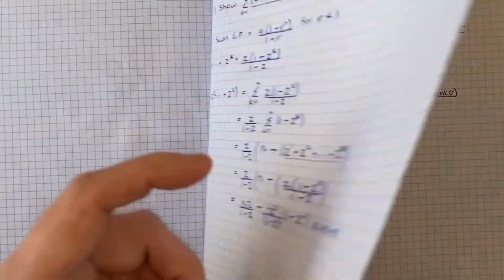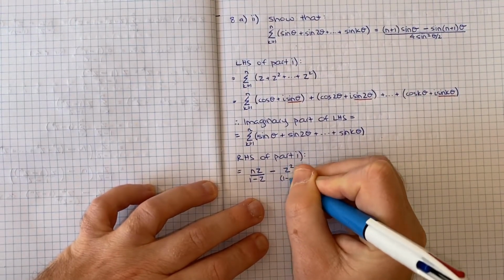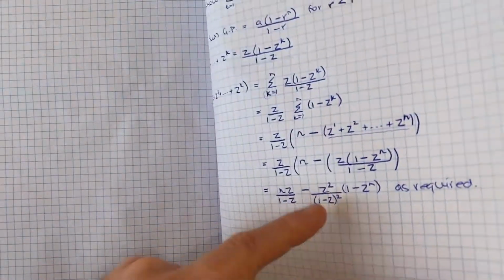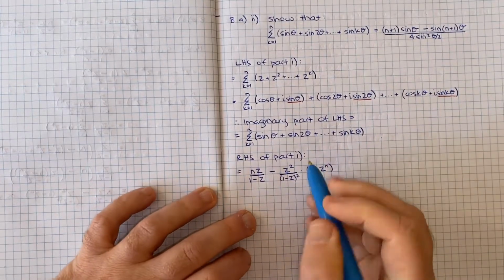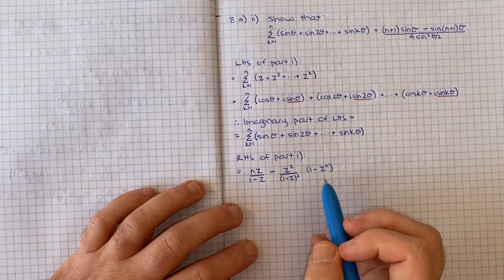Minus z squared on 1 minus z squared, so minus z squared on 1 minus z squared times 1 minus z to the n. So that's kind of what we're dealing with. Now, I think it's helpful to